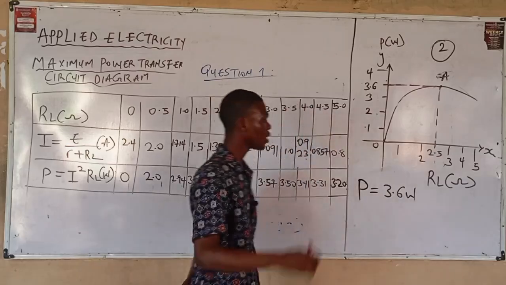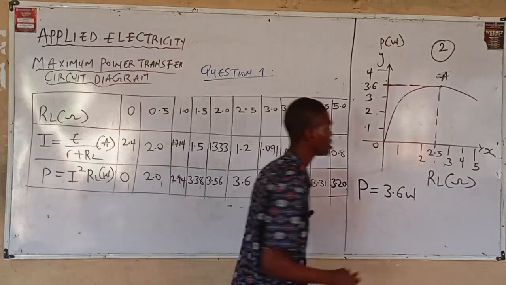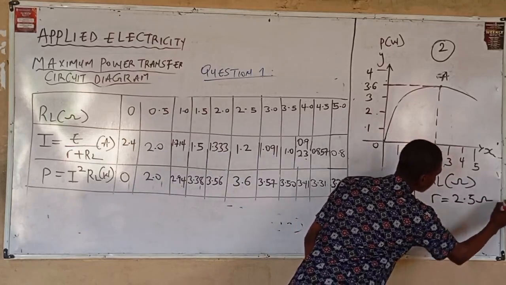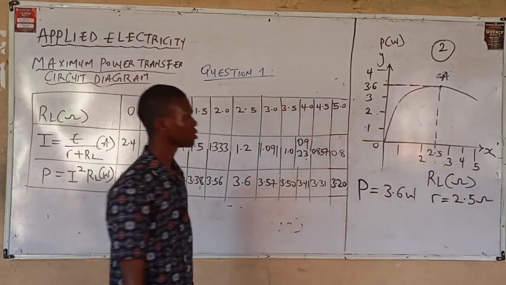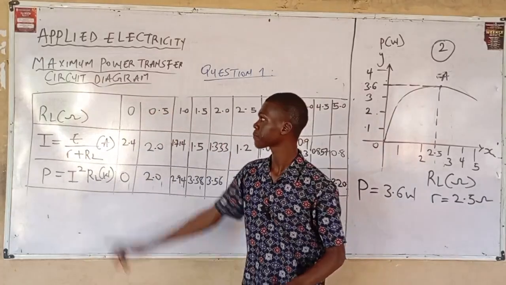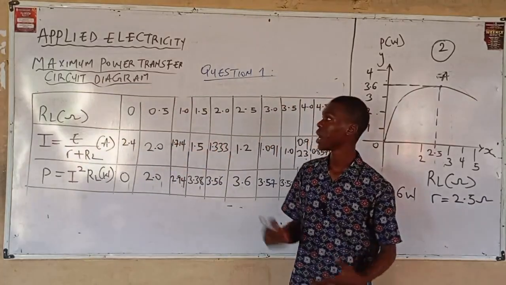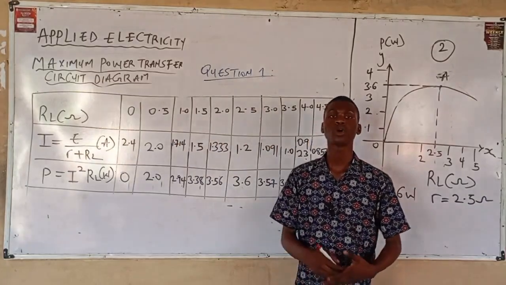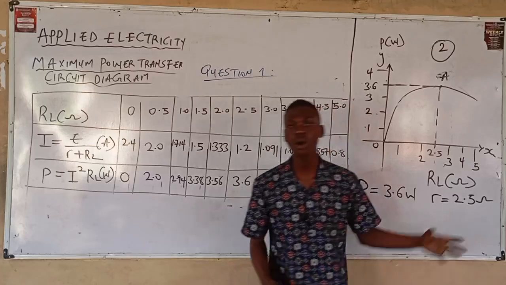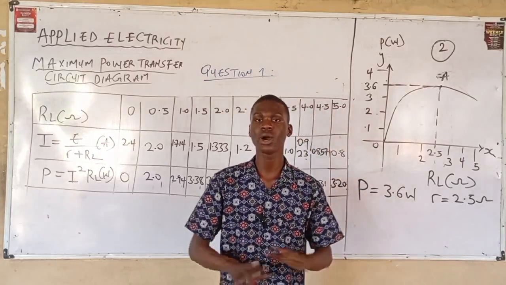watts. At what resistor do you have 3.6 watts? When R is equal to 2.5 ohms. So this is the idea of this theorem, maximum power transfer. We want to know the value of resistor that will give us the maximum value of power for any given